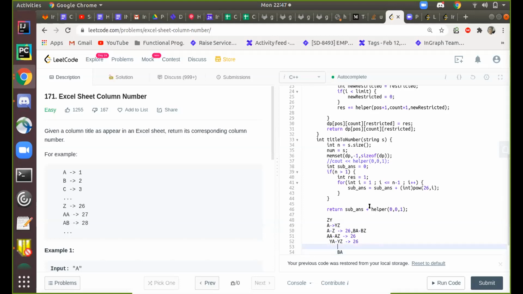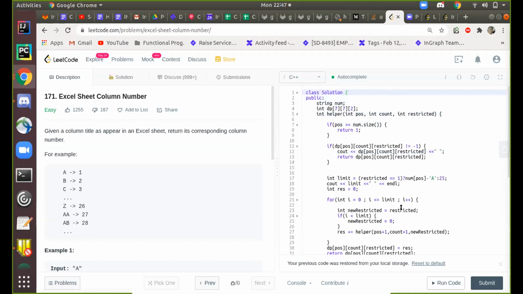So I've made this function and I've passed these three variables. So this is the restricted part. Now I come here. So it's the same now, the position and the count and the restricted. Like if the restriction is 1, then this would be the range. And then I'm increasing the count, because I'm exploring for all the valid answers now. If it's this, so I'm returning 1.